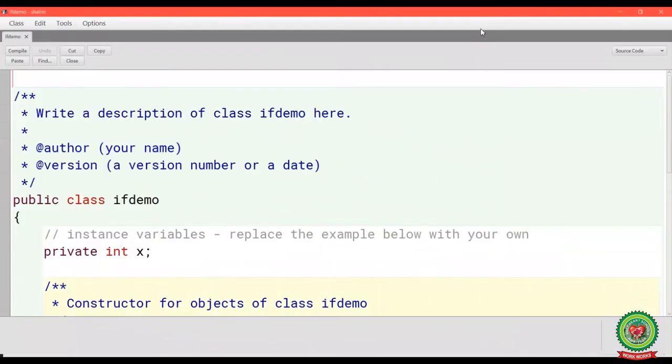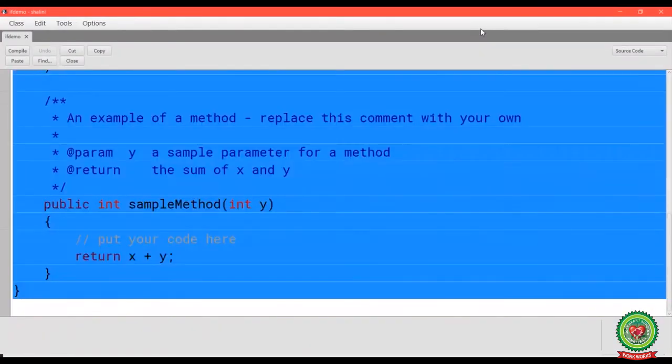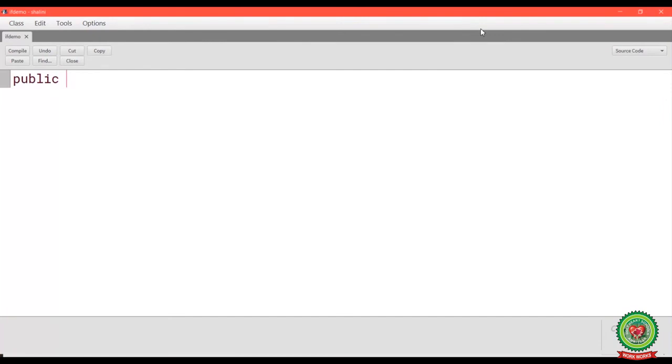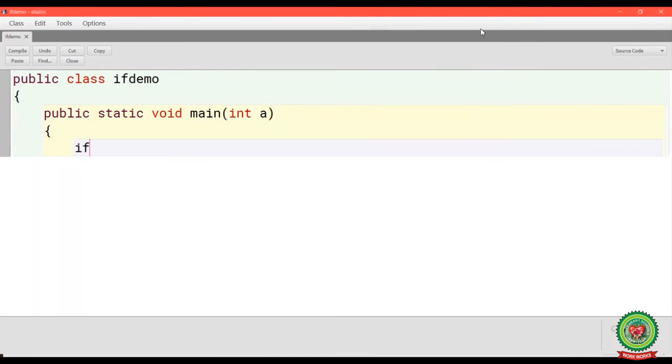Then I will type my program. public class ifdemo, that is my class name, then public static void main, and in the bracket I am going to take the value of a, that is int a. Then here I am going to type my if condition.